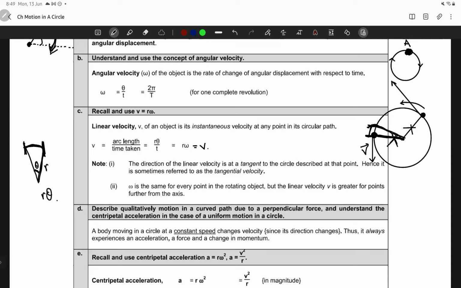Sir, can you explain it again? Yeah, of course I can. Which part are you talking about? Sir, the formula. Oh, right. So why is it like this? Well,